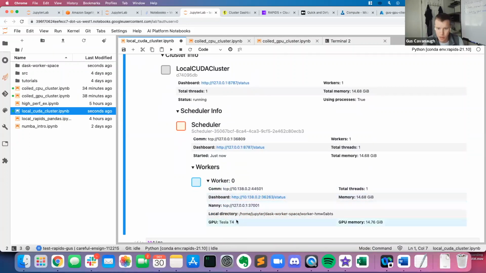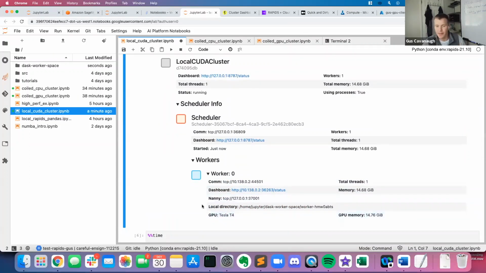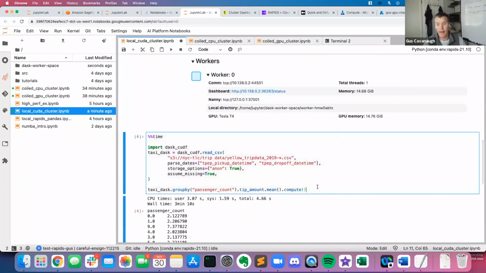Here's my GPU worker, Tesla T4, which is a good combination of performance and cost. This instance I'm running costs something like 38 cents an hour to run, and I'm paying for this, so I want to keep the cost down. And now I can go ahead and execute